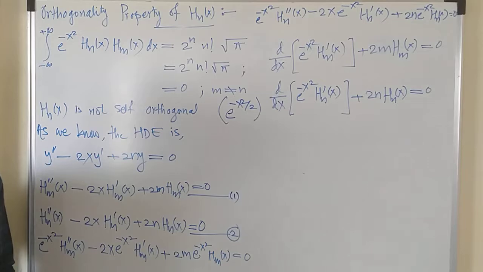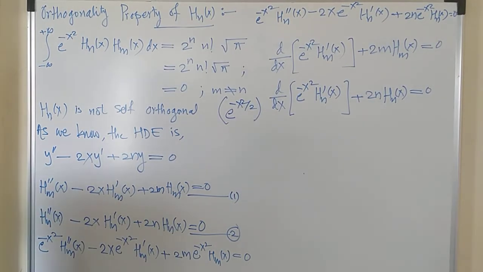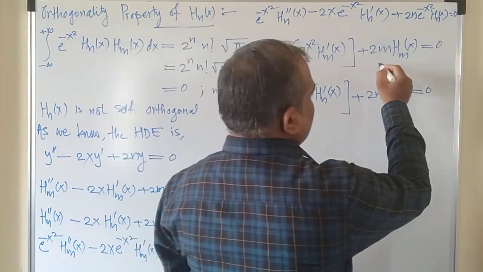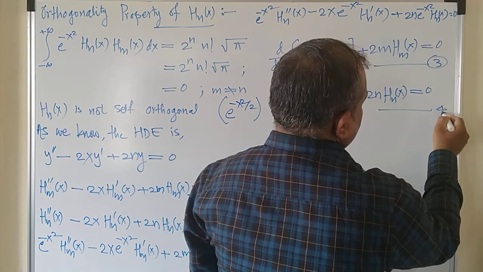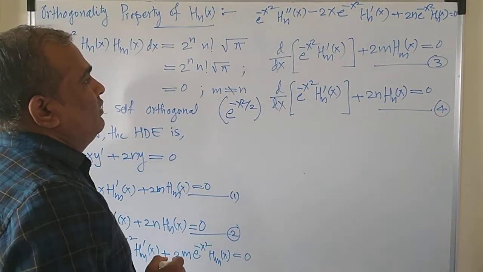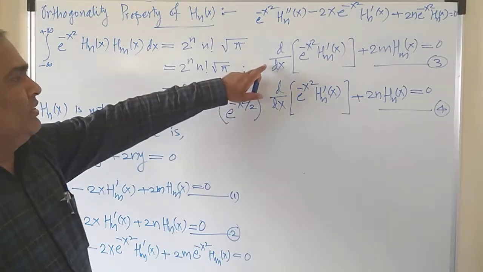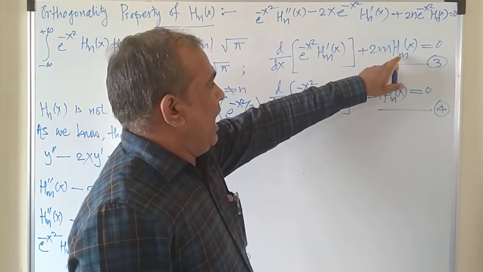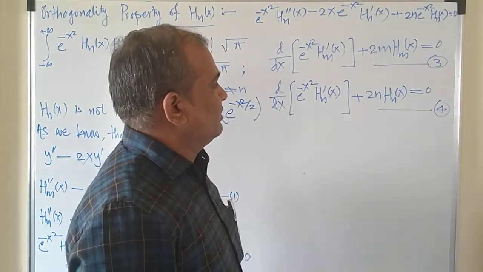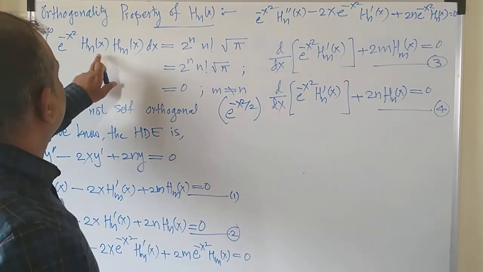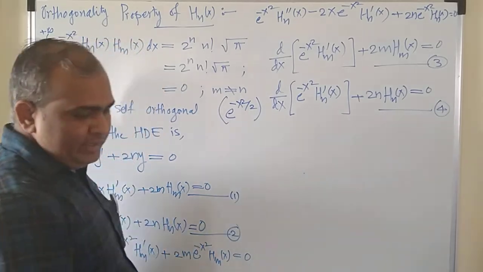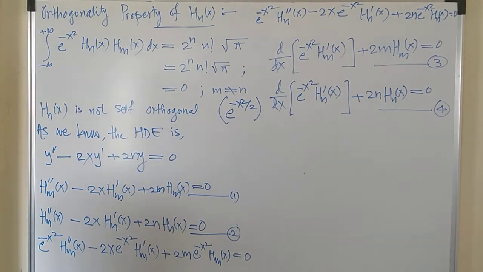If the equations are written in a more simplified way, let us say these are the next equations, equation number 3 and 4, right? So let us say this is equation number 3 and this is equation number 4. Now let us multiply equation 3 by Hn of x, this polynomial, and equation 4 by Hm of x, this polynomial, so that we will have this multiplied term. We need this multiplied term, right? And after doing that, after multiplying equation 3 by Hn of x and equation 4 by Hm of x,